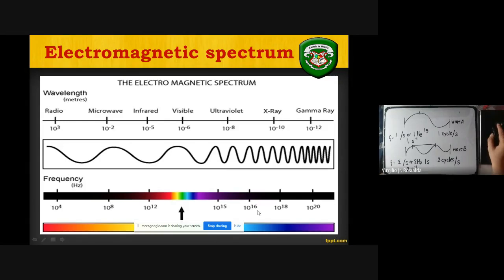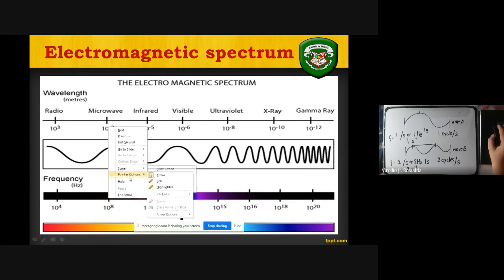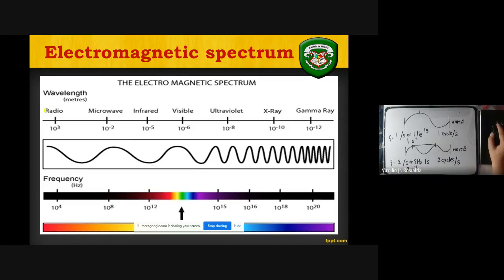So as you notice here, in this particular illustration, the first one is the radio wave. The second one is the microwave. The third one is the infrared. The fourth one is the visible. The fifth one is the ultraviolet. The sixth one is X-ray. And the seventh one is gamma ray. So this particular electromagnetic spectrum suggests that our electromagnetic waves are arranged in order of increasing